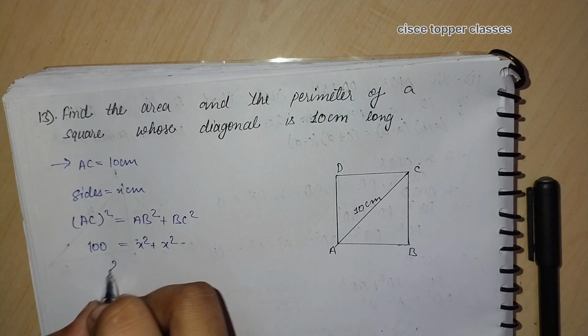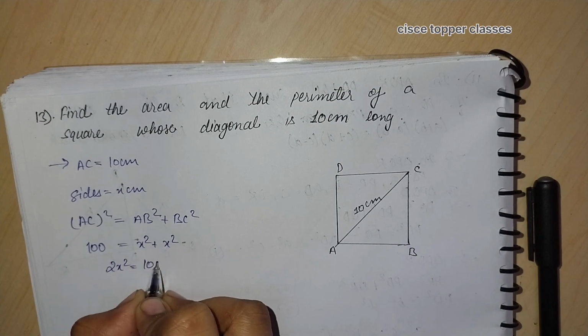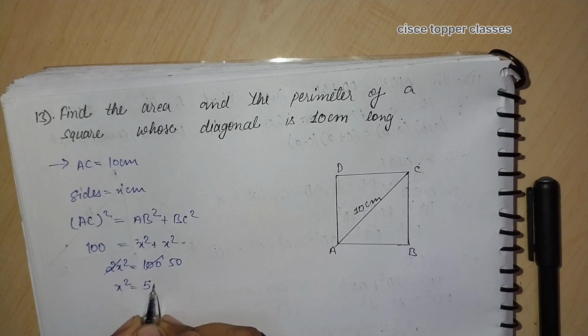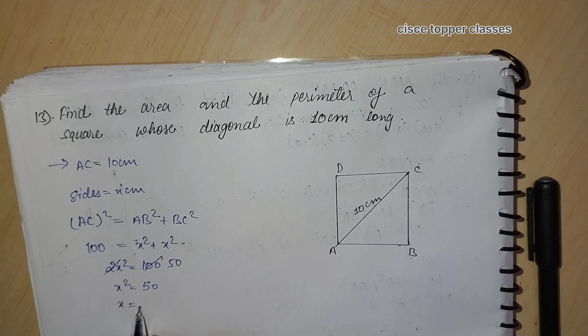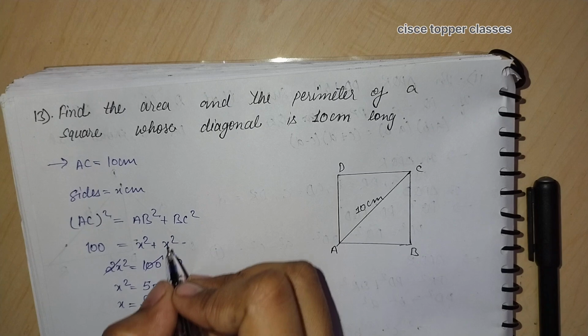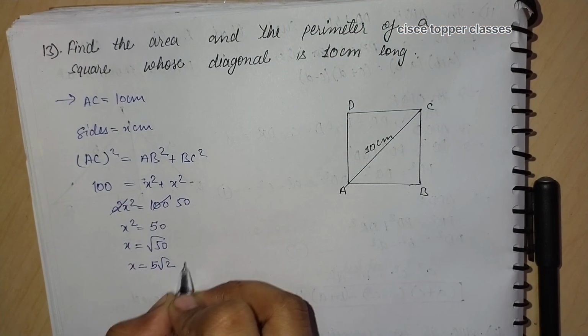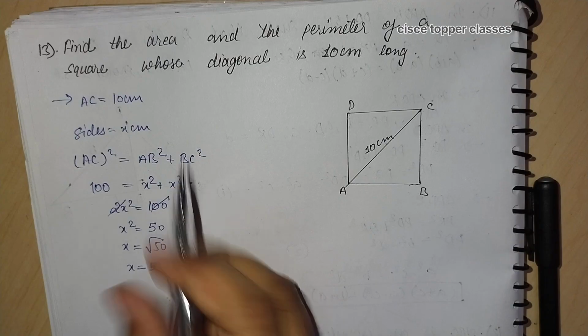From here only, we can write it as 2x square equal to 100. This will cancel out. x square from here we will get as 50, and x is equal to under root 50 from here only. So simply we can write x as 5 under root 2 centimeter, and we have to find the area in